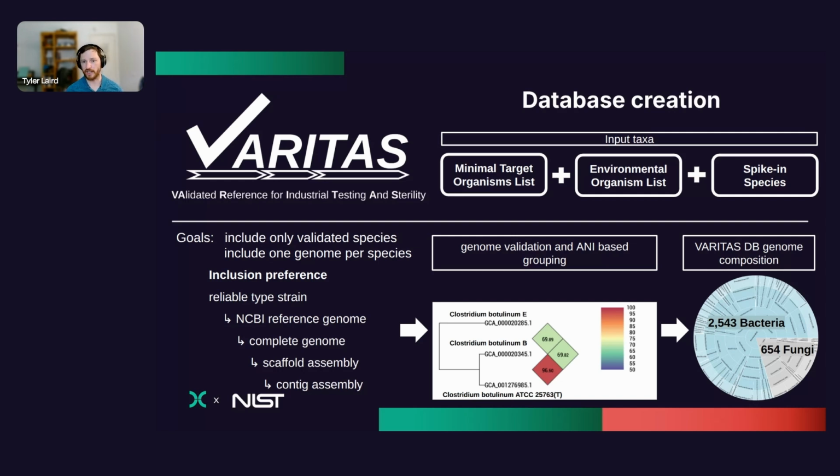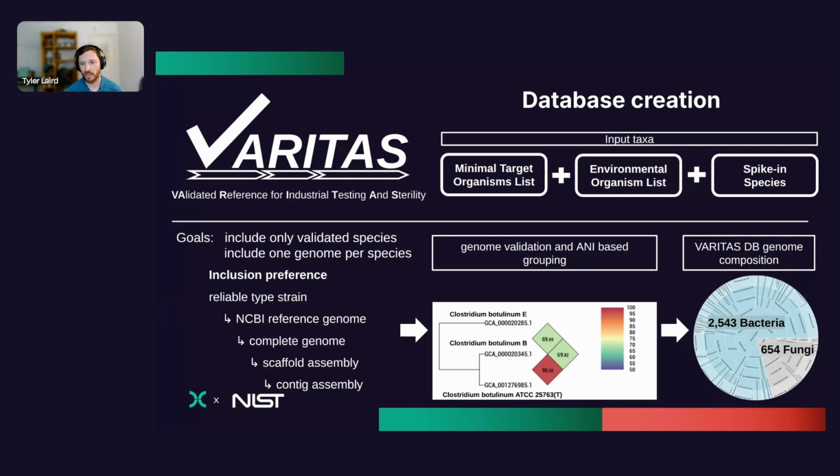And we took a variety of different lists of organisms that we included as input taxa in this particular database. So one being a minimal target organism list, which includes organisms that have been identified in the literature as contaminants of cell therapy products, such as hematopoietic stem cell transplant products, an environmental organism list, which includes organisms that have been found as pharmaceutical contaminants or within the pharmaceutical